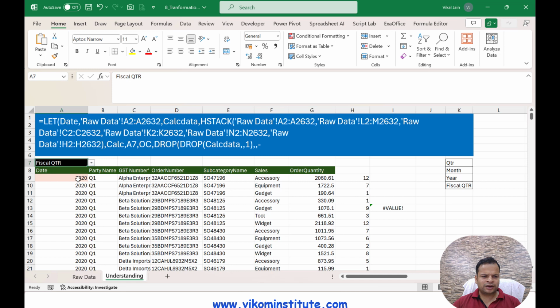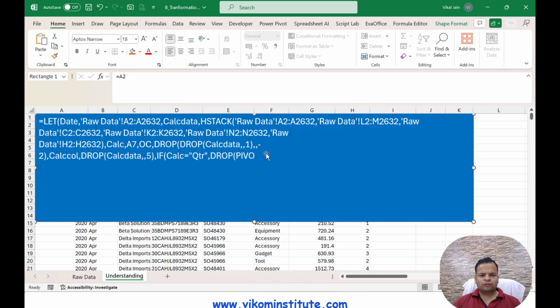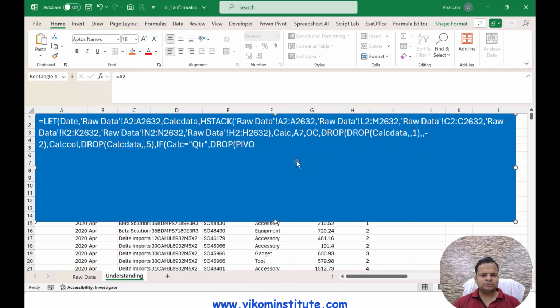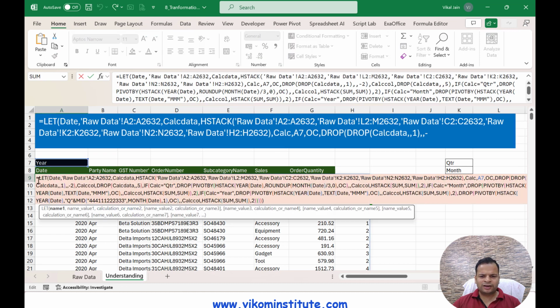Now if I'm talking about the fiscal quarter, and here it is year, that's how it is working. If we see the formula, the formula is very big, it is not coming over here. So we need to simply take the formula reference from here, and that's how we have written this long formula.